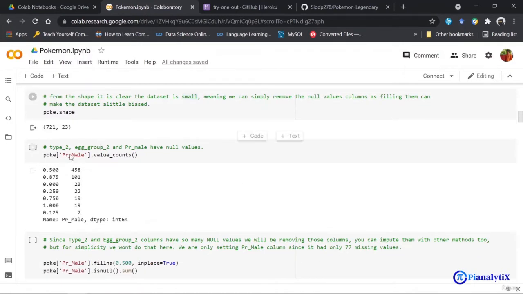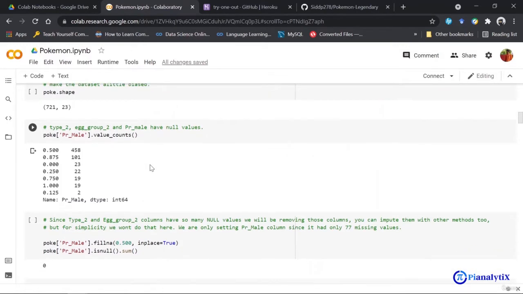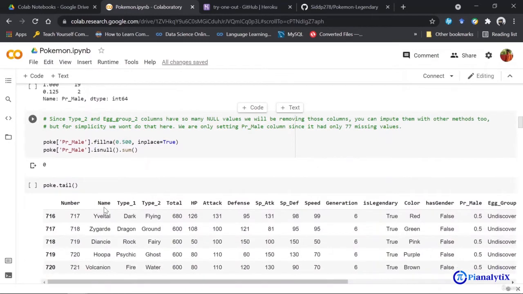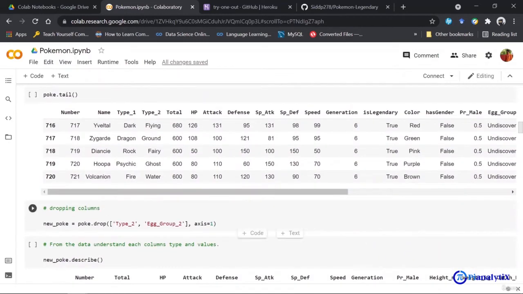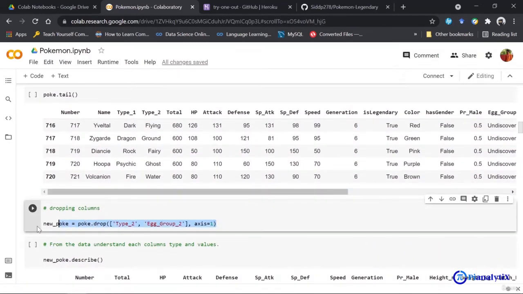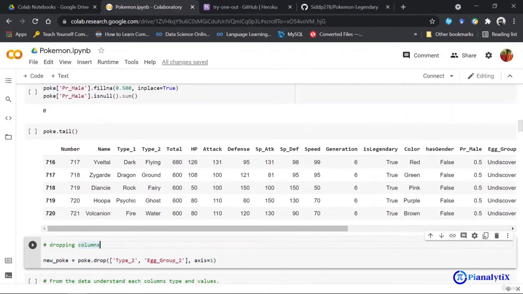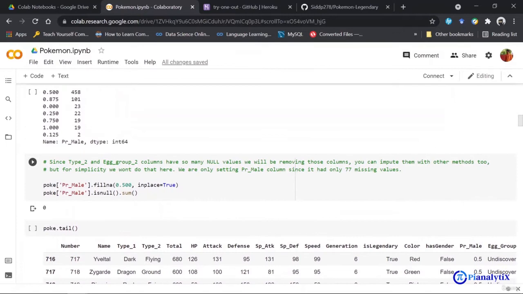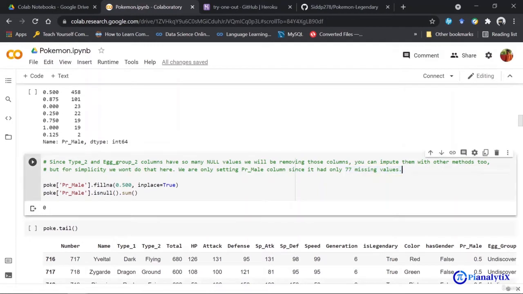So as I had mentioned before, type 2, egg group 2 and PR male have null values. And here you can see I'm removing those 2 columns, but I have specified 3. So what I'm doing with the third column, you can see that for PR male, it had only 77 missing values.